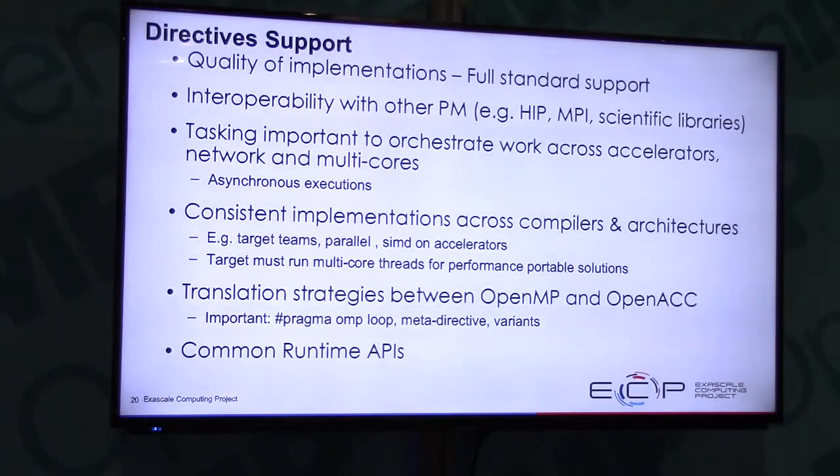They also want consistent implementations across compilers and architectures, so that all the compilers translate OpenMP in a similar way, reducing the cost of performance portability across compilers. And then there is the transition between OpenMP and OpenACC: having these models available in compilers will help users move from one to the other,